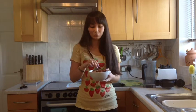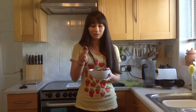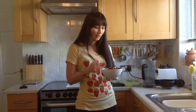And I would recommend using a wet date, such as a medjool, which is what I'm using here today. But if you have any other variety of wet date, that would work fine as well. And the first thing you're going to do is pick and soak your dates, and these have been soaking for about 3 to 4 hours,